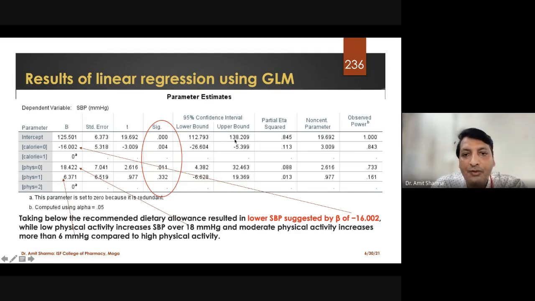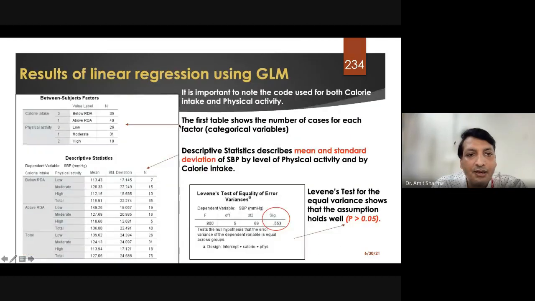Now, what we are doing is comparing each group. We are not comparing anything with physical activity and calorie intake. We are not comparing these two. Let me take the pen and delete.